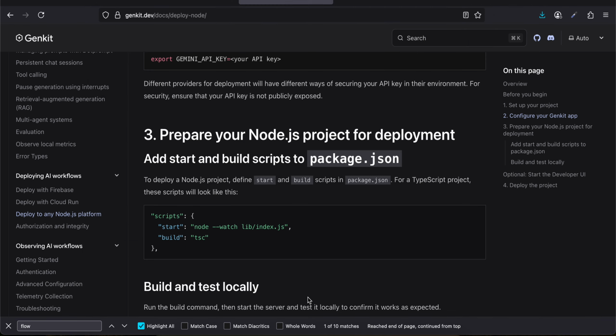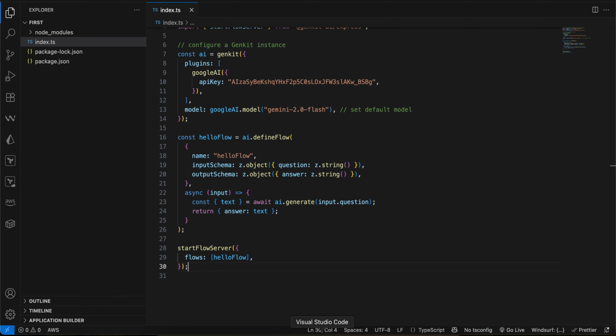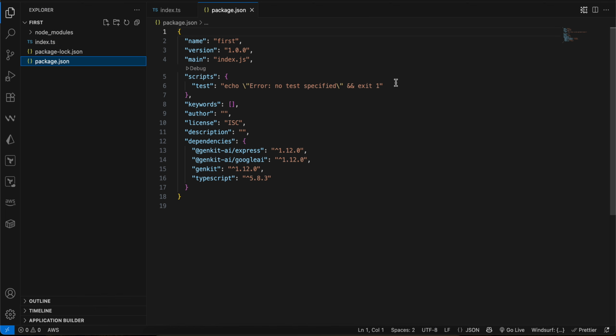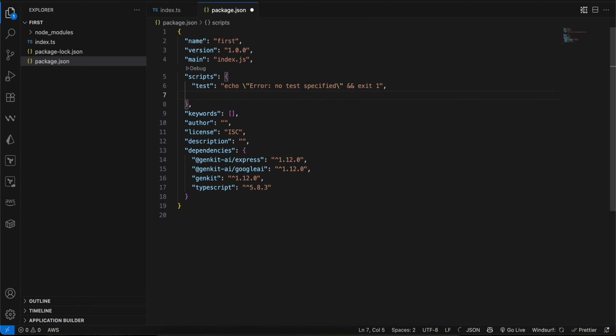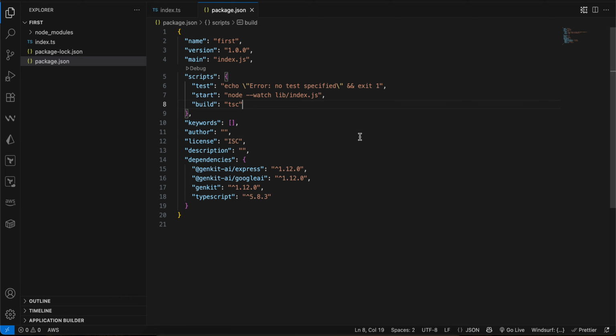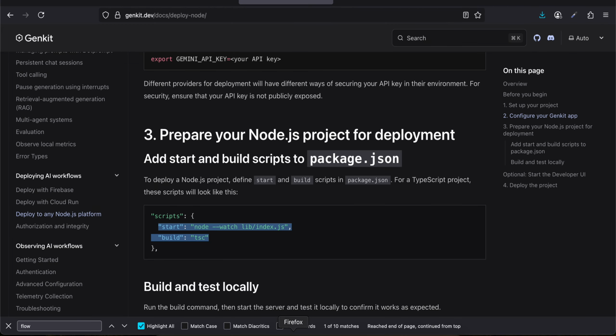Okay. Then the other thing which we need to change is we need to copy this particular part. Okay, then go to package.json, add a comma over here and paste this. So basically we need to compile our code first inside the lib folder. Right now I think they have missed few things, so we need to create this